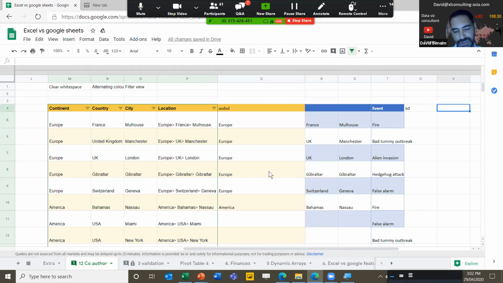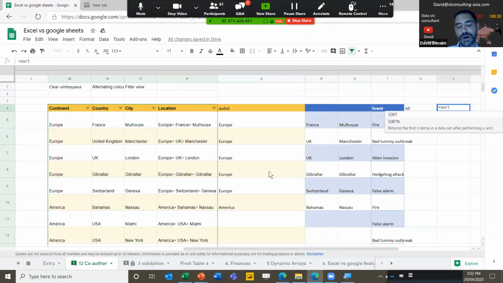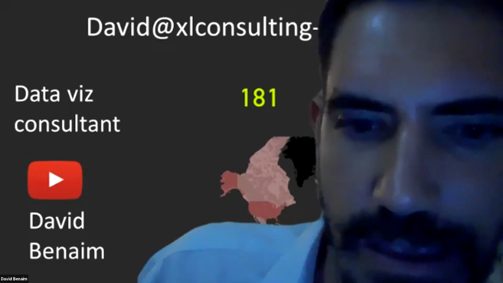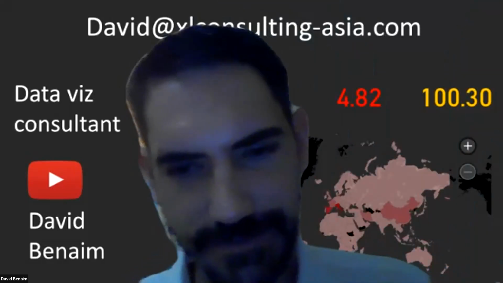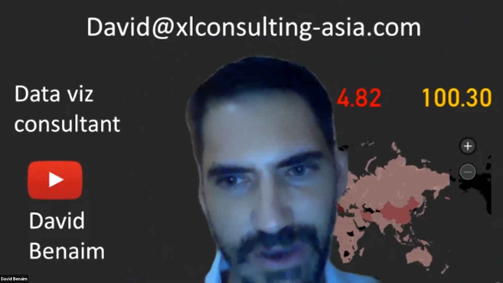Google has one called sort n, which you can say, give me the top 6, the top 10, etc., which Excel doesn't have. So yeah, there are some differences. Also, the way that Google does referencing from one sheet to another uses this dynamic arrays feature, which makes it more complicated to make, but a lot more robust and less likely to break. All right, so that is the end of what I wanted to demo.